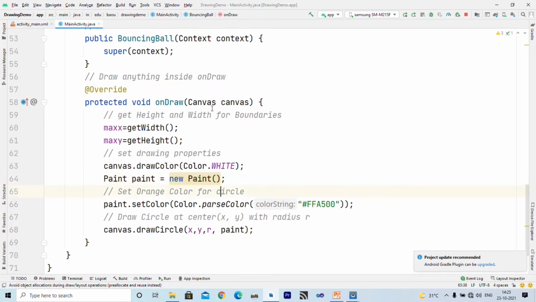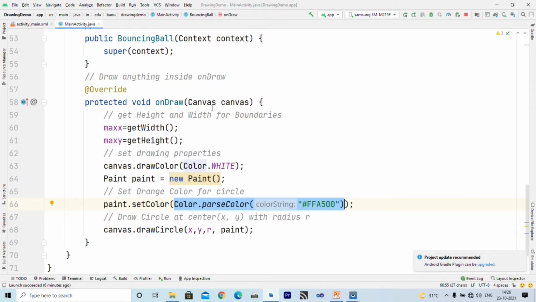Now I want to set the orange color, so I write paint.setColor. Inside setColor, you can directly specify constants like Color.RED, Color.WHITE, Color.BLACK, Color.MAGENTA, Color.CYAN, etc. But I want to specify orange, which is not there as a constant.